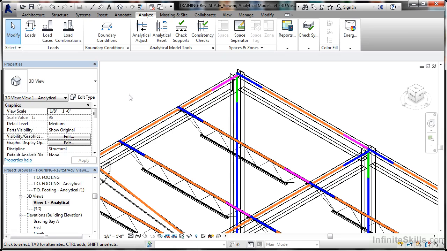Staying with our 3D analytical view, what we're going to look at in more depth now is the Analytical Adjust, where we can make manual adjustments to our analytical model. That's in our Analyze tab here on the ribbon, and there's Analytical Adjust right there. If I click on that icon, the view will change in the model,